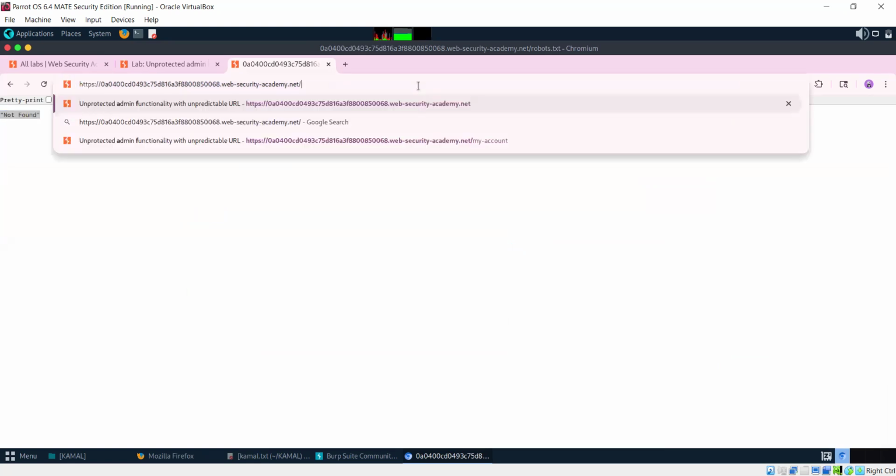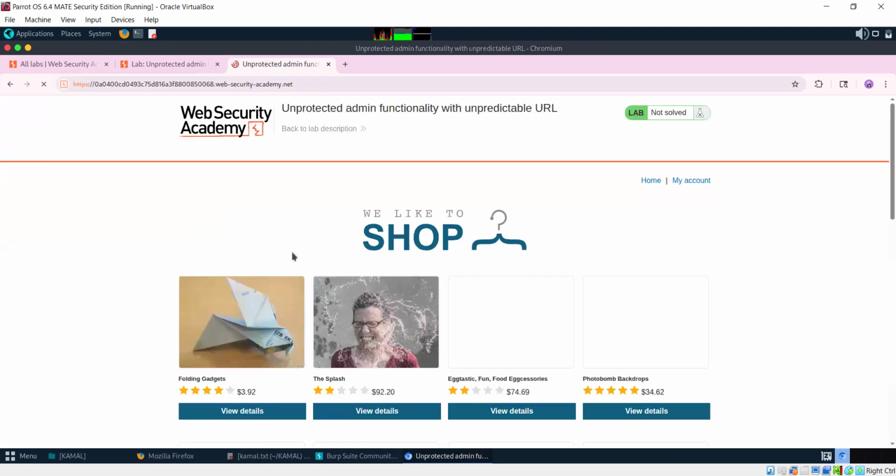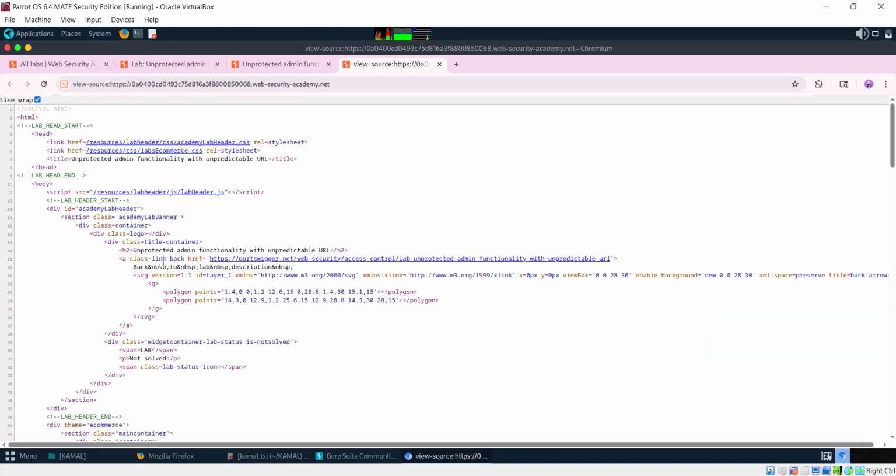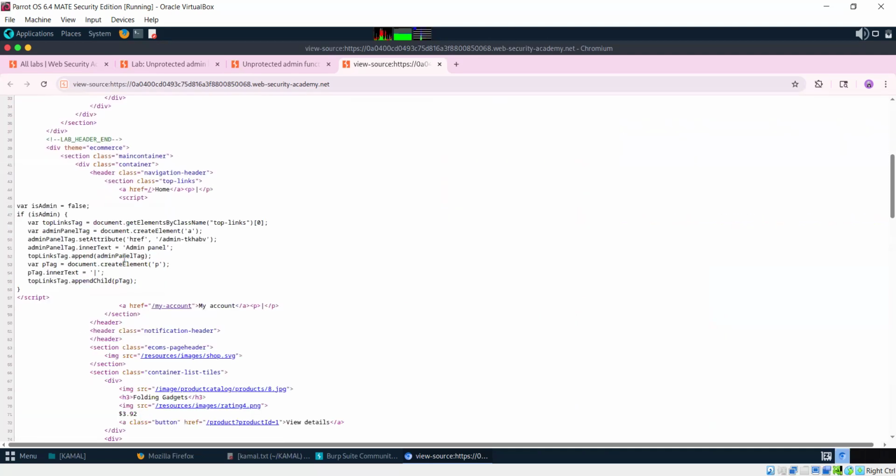So let's go back to the challenge page again, and we can go to view page source to review the code. If we scroll down here, we can notice JavaScript code, and there is one href and a directory name disclosed here. So we can copy this particular directory name